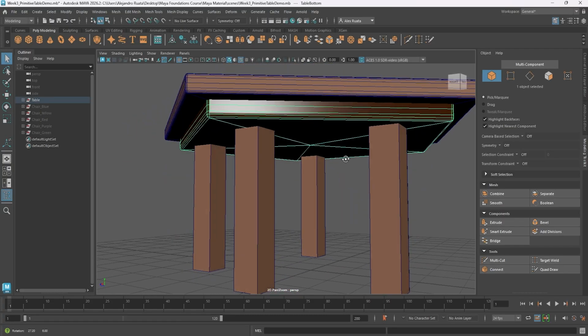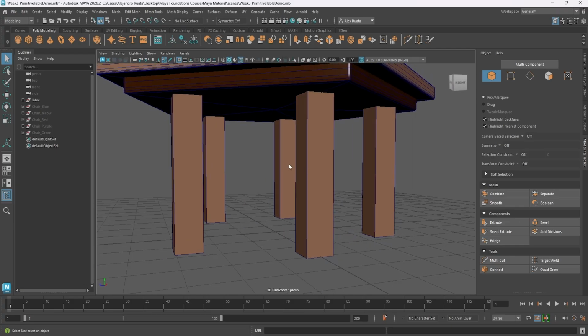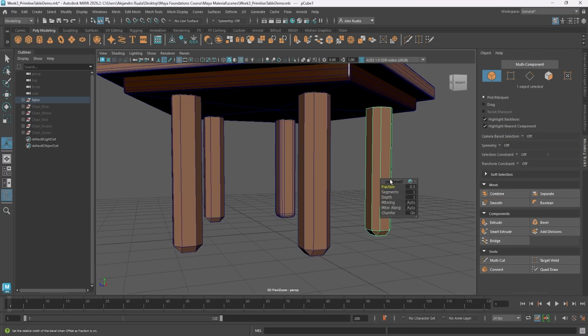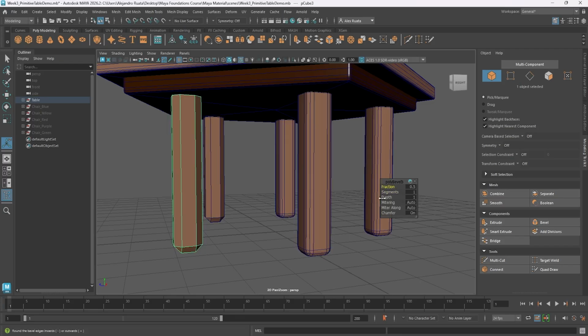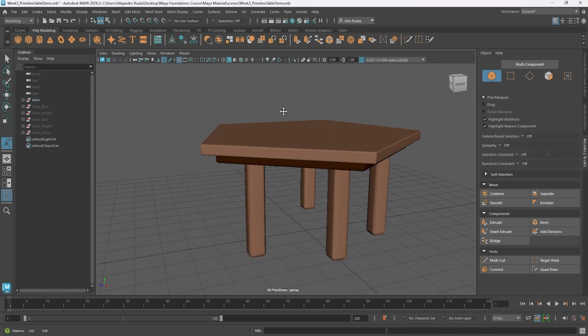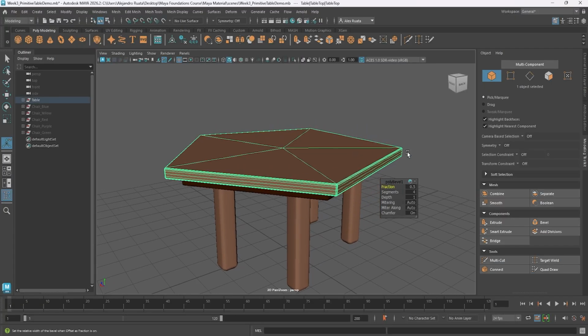And for the legs, since this has so little geometry and every single edge here needs to be beveled, it's okay to just select everything and then bevel it completely. And voila, this is how I would bevel normally, not just selecting everything because that would create too much unnecessary